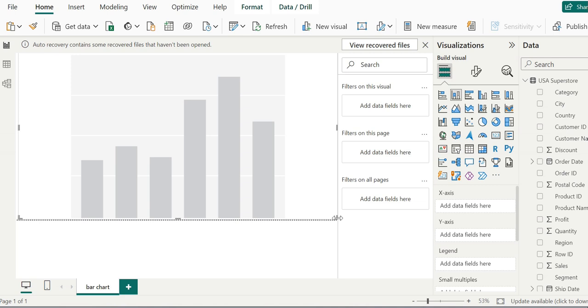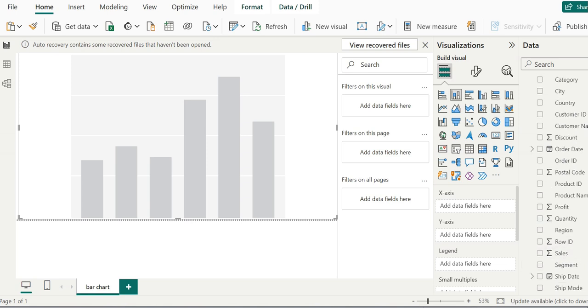Over to the right, scroll down, we choose the State field. By scrolling, I think the State field will be near Sales.